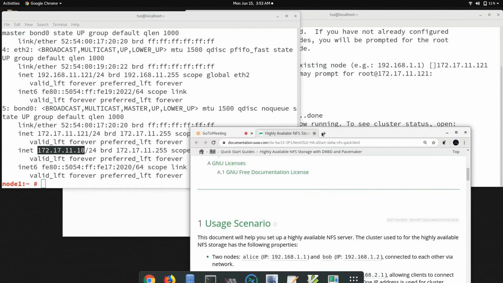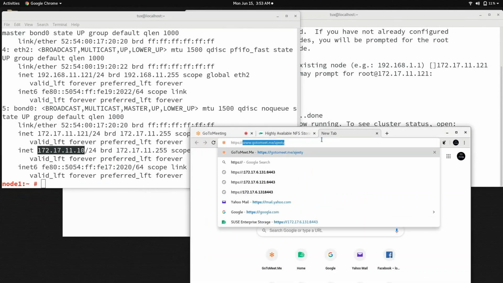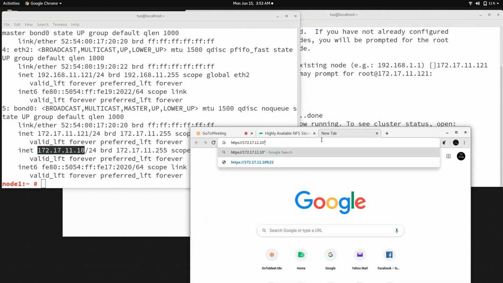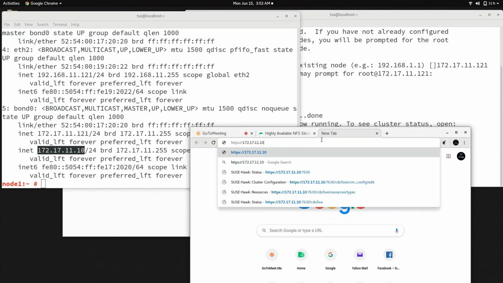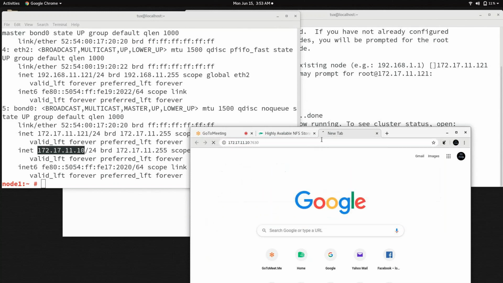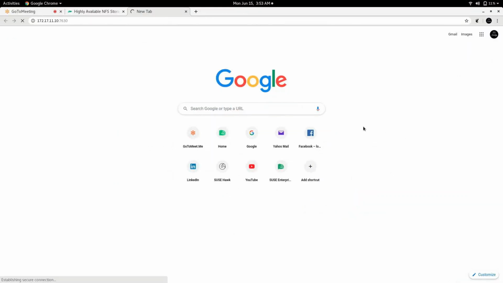If I go down here and write https:// and then 7630, again, this session will not help you set up a cluster, the basic cluster. The cluster is already running. In my case, I'm going to set up NFS active passive on top of HAE, right?